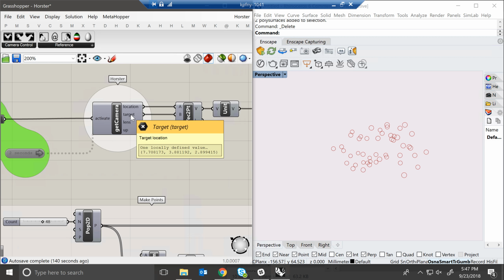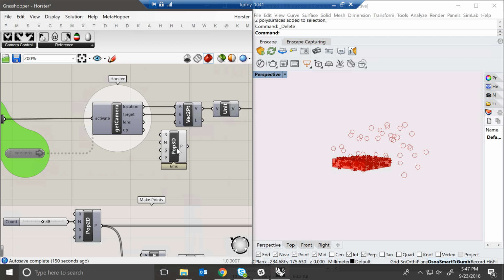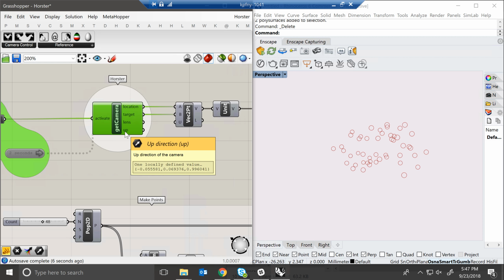It will give you the target, which is where the camera is looking. And we can see that point here. That's what we're looking at. And it will also give you the lens length and the up direction for the camera, which we don't need